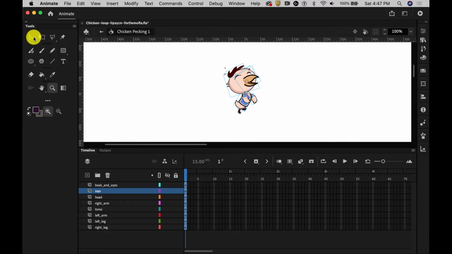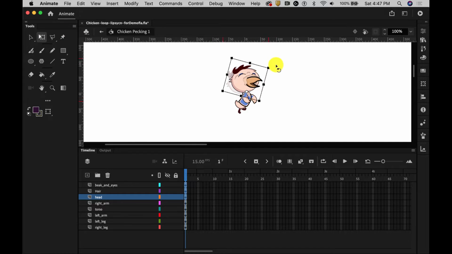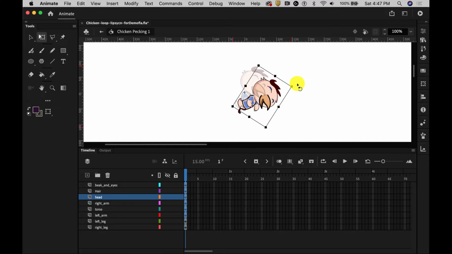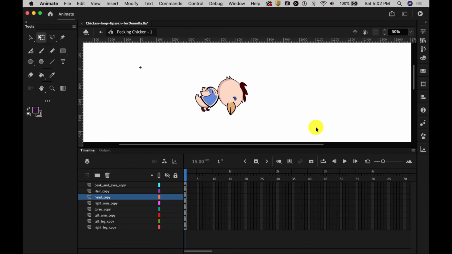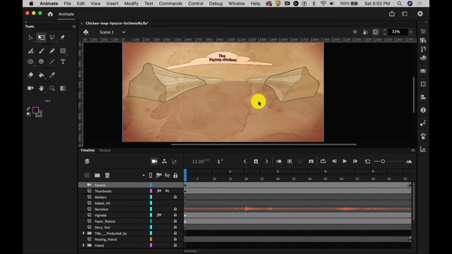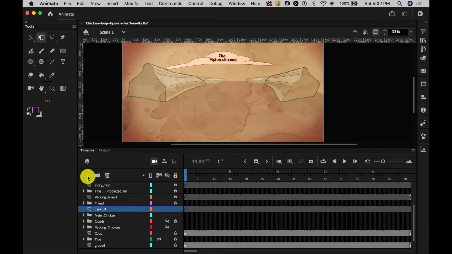Now I can start to pose this chicken into a pecking pose. So this head will probably want to come forward. This body will probably need to lean forward as well. Once I have the chicken posed, I can choose this arrow, get back to the main scene, create a new layer for my pecking chicken,